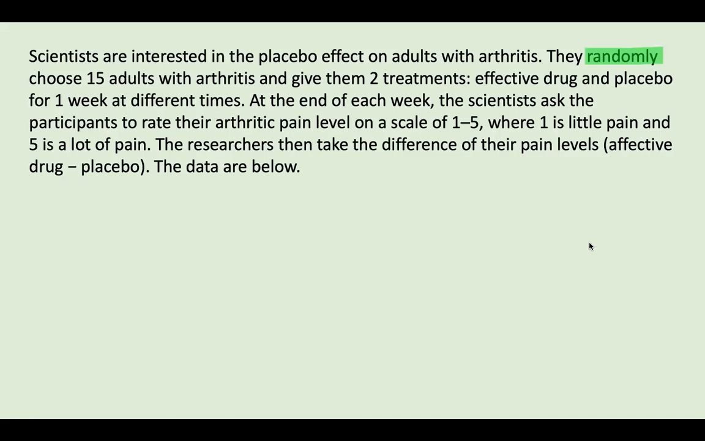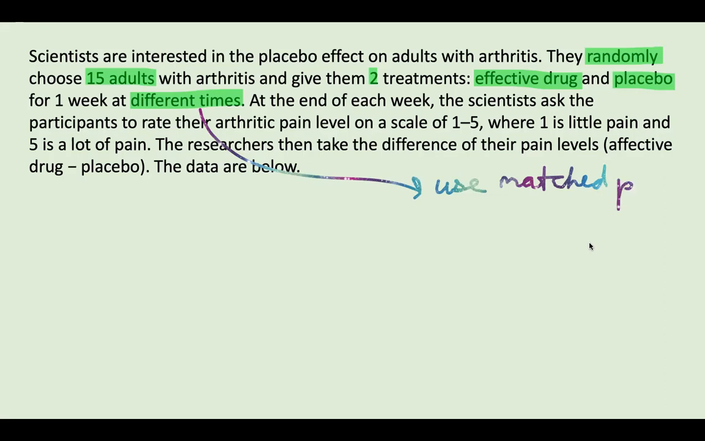They randomly choose 15 adults with arthritis and give them 2 treatments, effective drug and placebo, for 1 week at different times. This different times is very key because it signifies that we should use a matched pairs t-test. Because it's the same subject at different times, thus the subjects are not independent. Use matched pairs. At the end of each week, the scientists ask the participants to rate their arthritic pain level